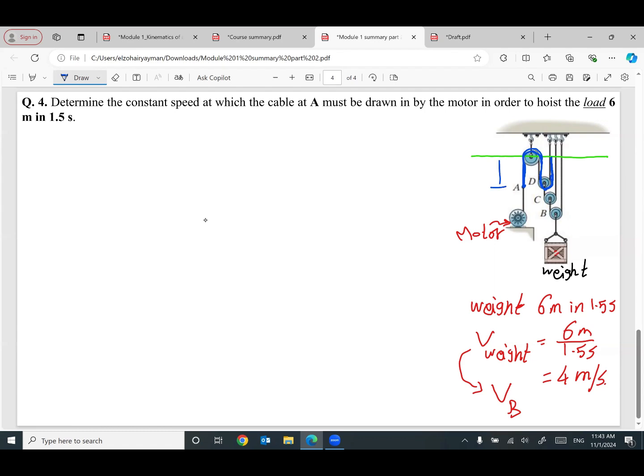So this distance, I will label it SA. This distance will be SD. And on the other side, we have another SD. So I can say SA plus 2 SD will equal the length of the blue cable. Does that make sense? So distance SA plus SD, and we have another SD. If you add all of these distances together, it will equal the total length of the blue cable.